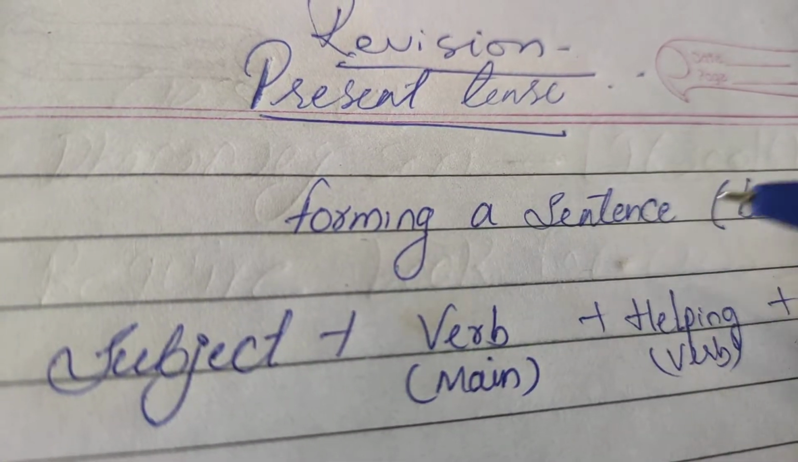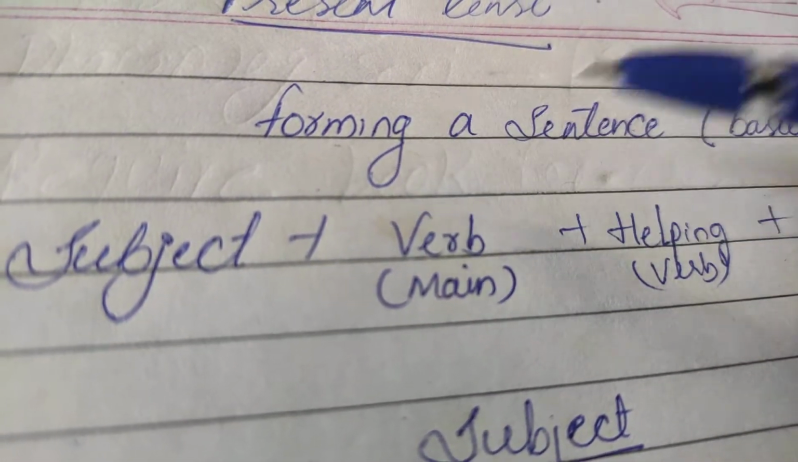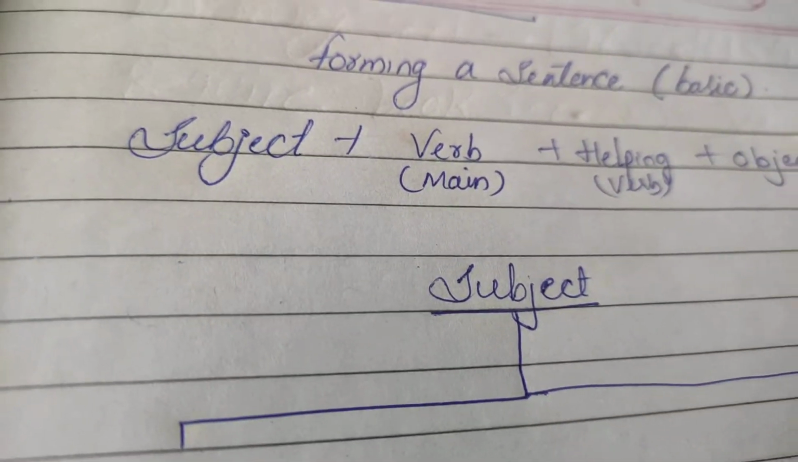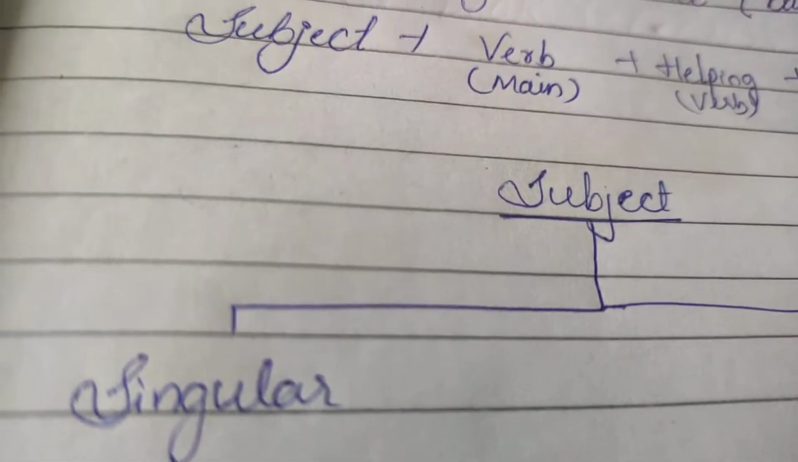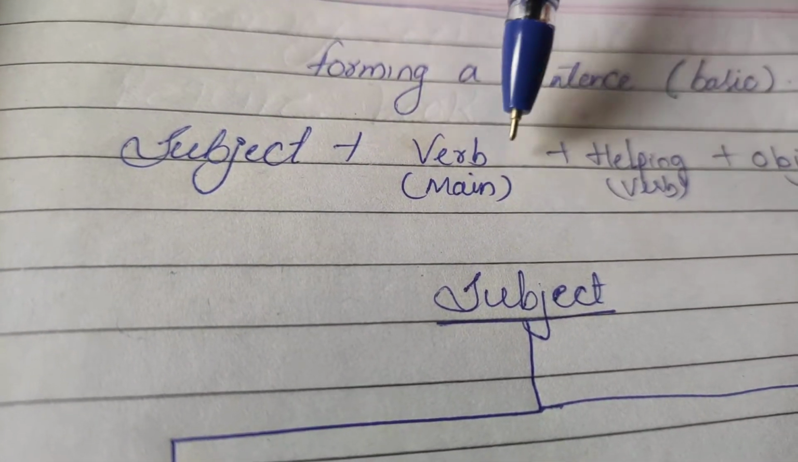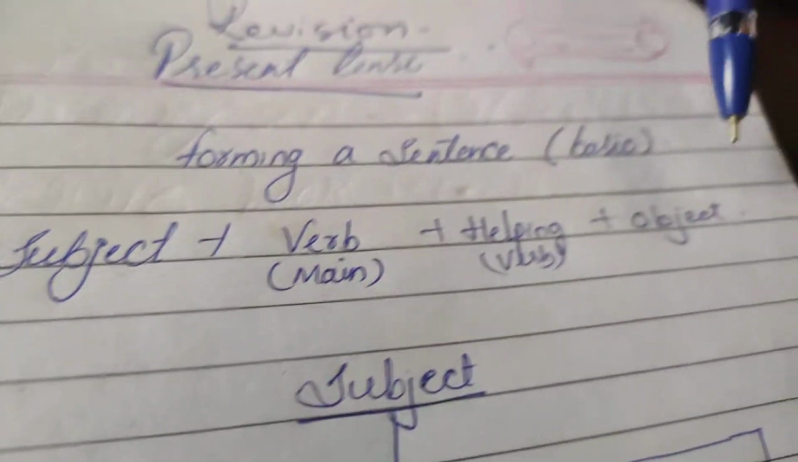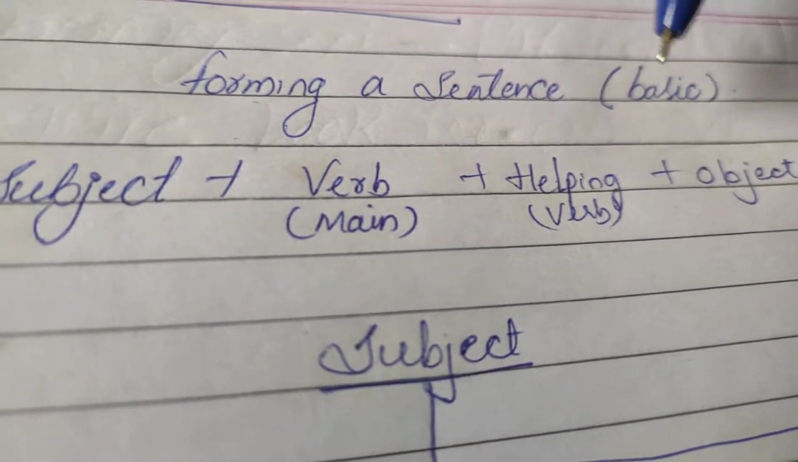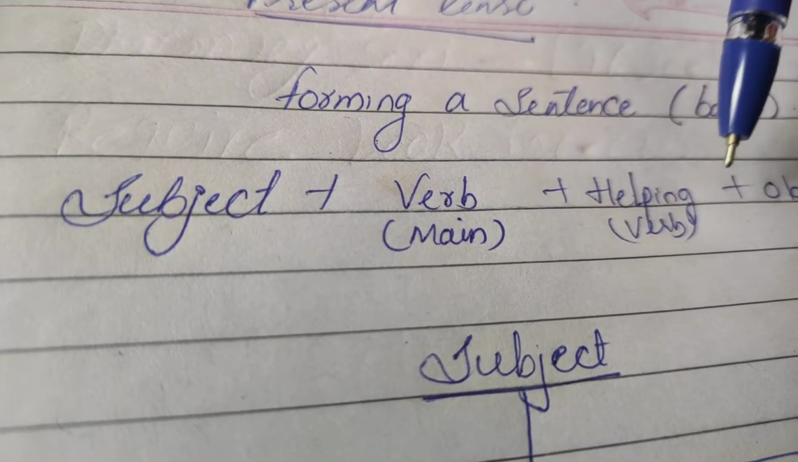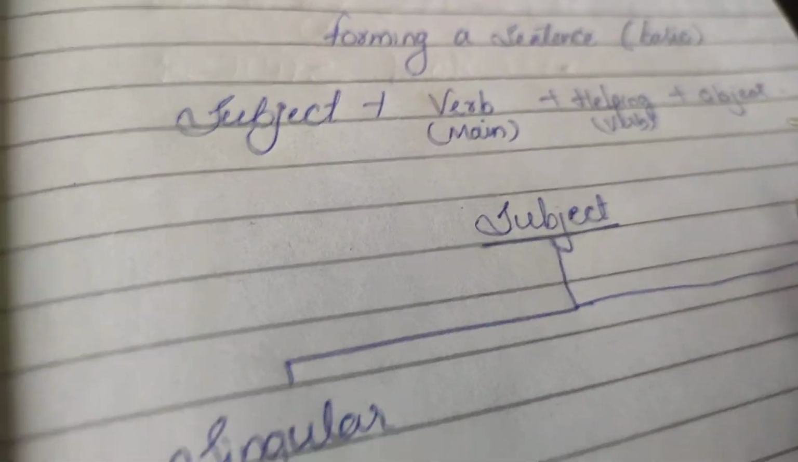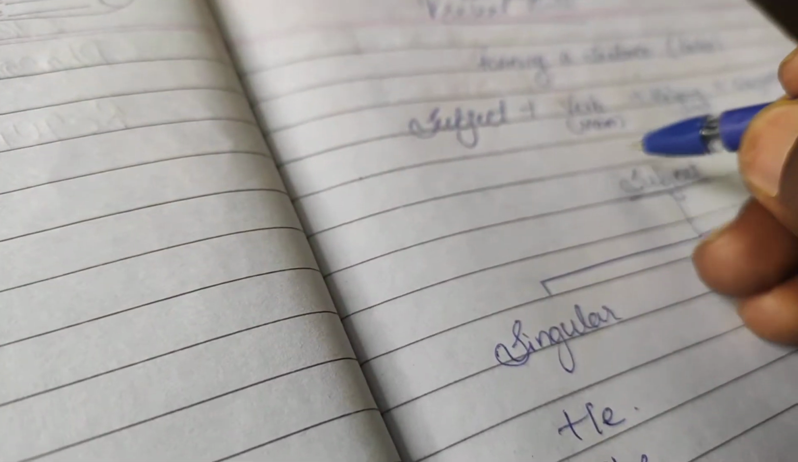So forming a sentence, what do we need to form a basic sentence? We require 3-4 things: the subject, the verb, the helping verb and the object. Okay, subject, verb, helping verb and object. In present tense, let us take an example here. Let me write, since it's very difficult to hold the mobile phone and